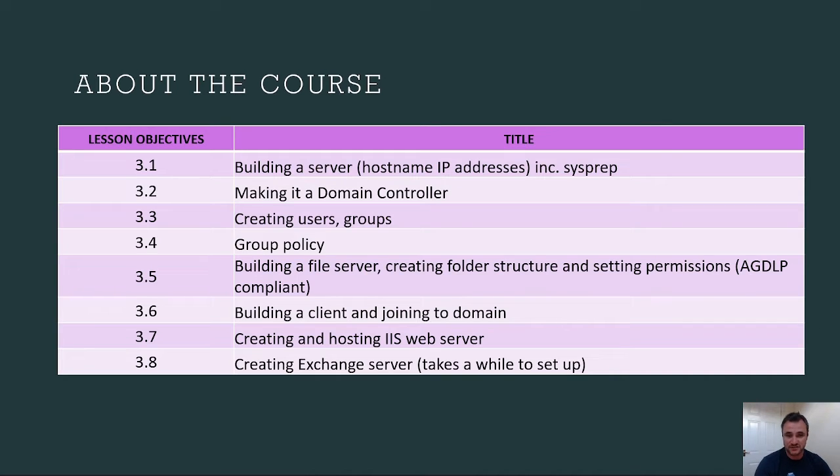We'll be setting permissions based on the users and groups that we've already set, and it will explain a little bit about that, because that's within sysadmin and IT support, but also within the cyber world. That's quite good to know, because the quote that I did earlier was if you know how to build it, you know how to exploit it. So if you can exploit file permissions or get on that leverage, then that's quite good. We'll build a Windows 10 client and join that to the domain, and then see how we can interact